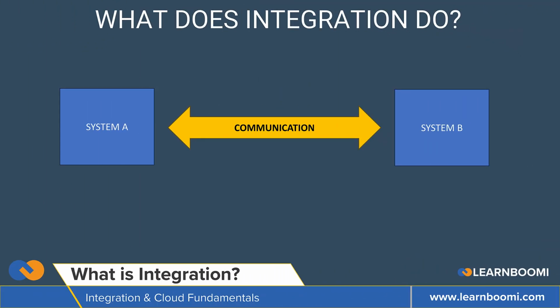And why do we need integration? Companies use many different applications. Each application is good at one job, but they don't know what the other systems are doing. So integration is needed so that the data doesn't stay locked inside one system, and people don't have to type the same data in multiple places. Also, the information stays accurate everywhere once you have the integration between the two systems. Think of it like this: integration is a digital bridge that connects systems and enables a seamless flow of data between them.